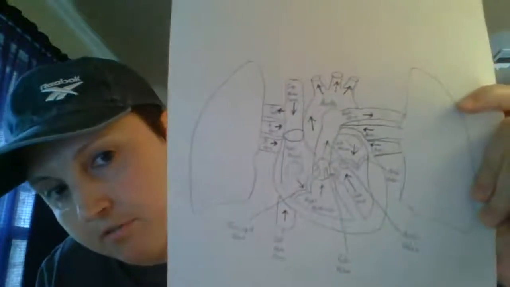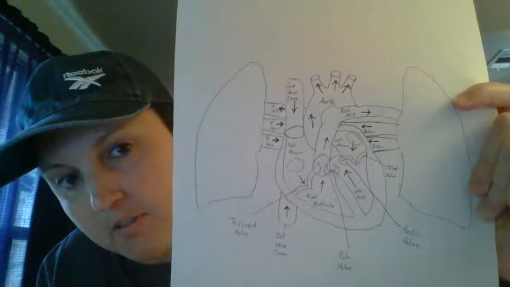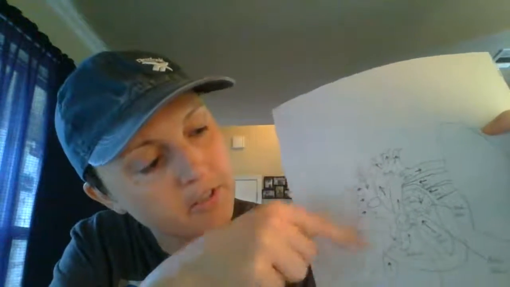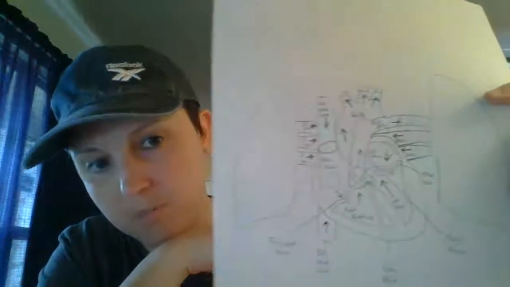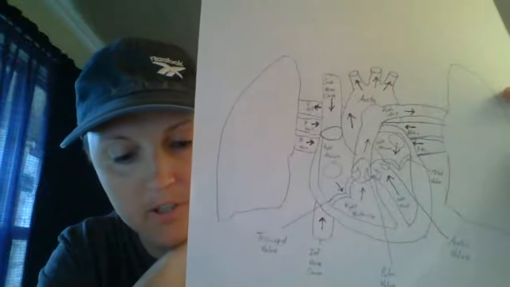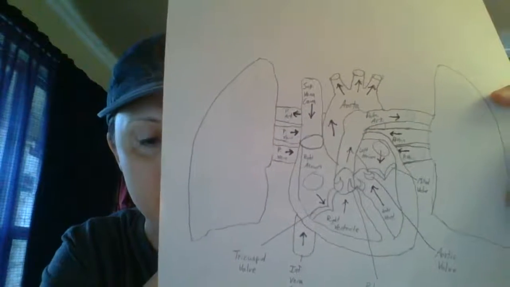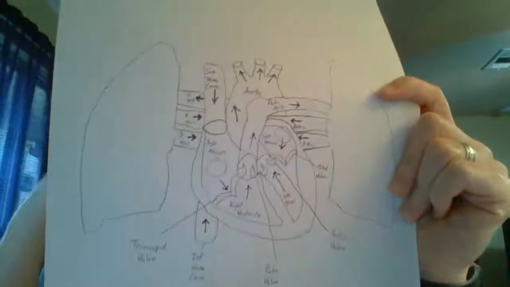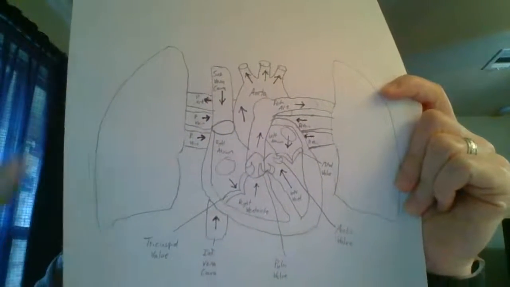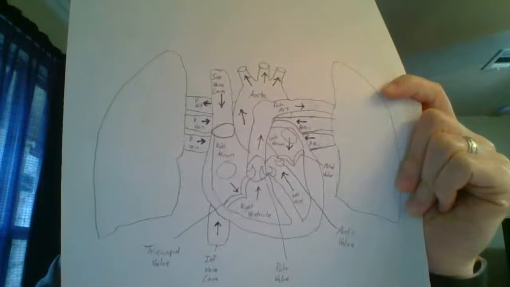Biology 2114. So I have drawn a picture of a heart and lungs. We're going to start with the superior and inferior vena cava. This is where blood returns from the body to the heart, and it enters into the right atrium, right there. The right atrium has oxygen-poor blood because it's already been to the body and it's coming back